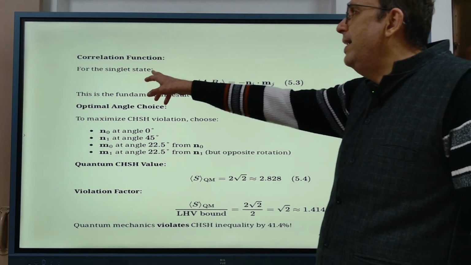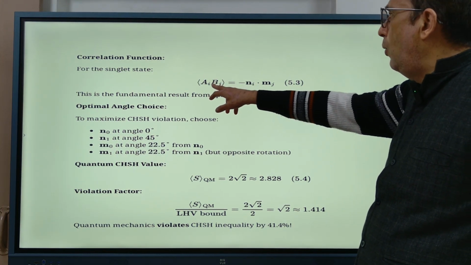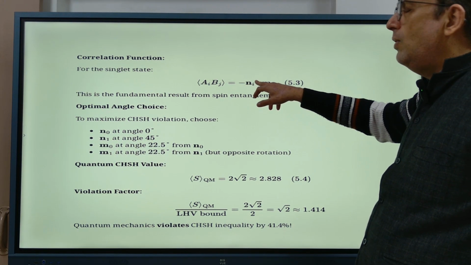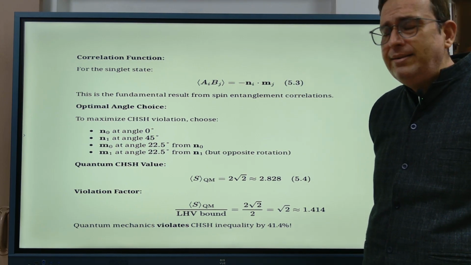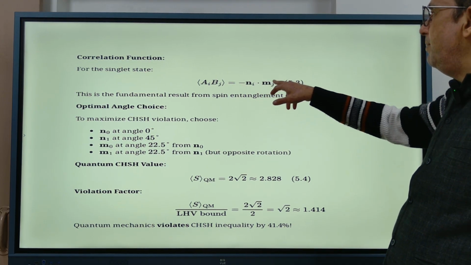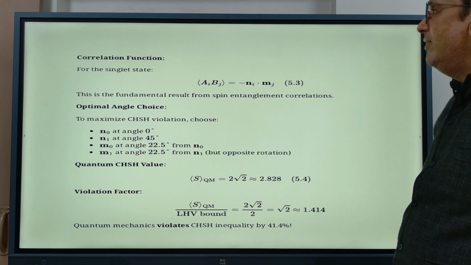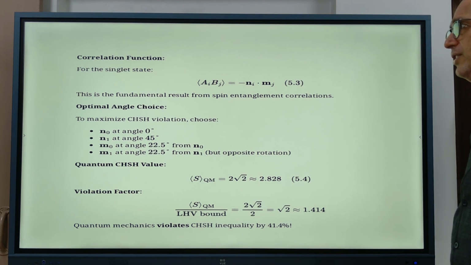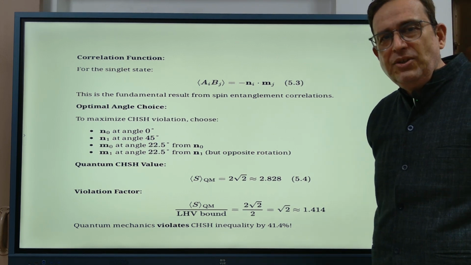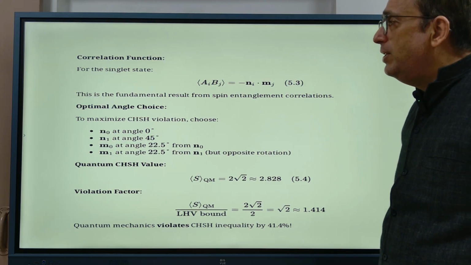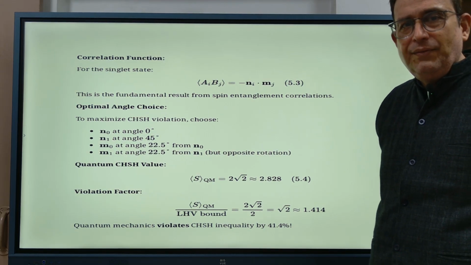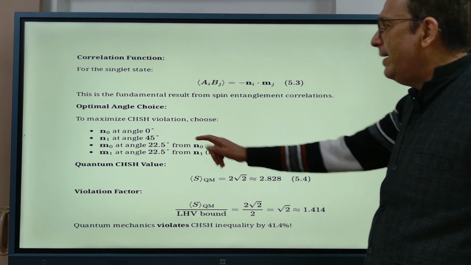Of course, for the singlet state, as we have already said, the correlation function is the minus of the dot product of the two direction vectors. So it's minus ni dot mj. This is the fundamental result for spin entanglement correlation from quantum mechanics, as can be checked by using the entangled wave function that we have. So let us say